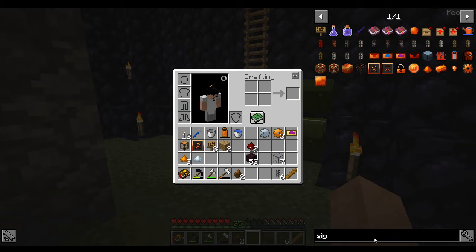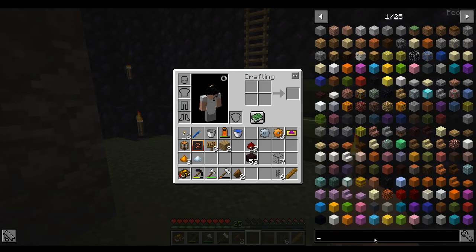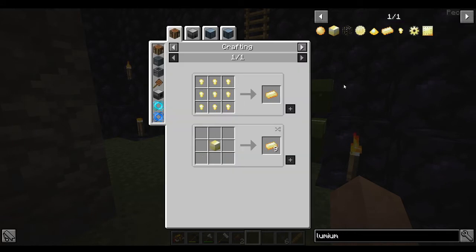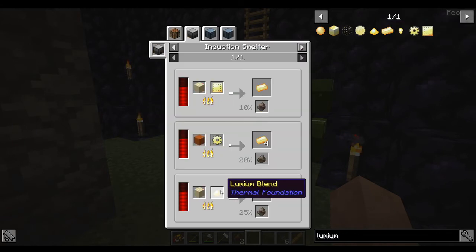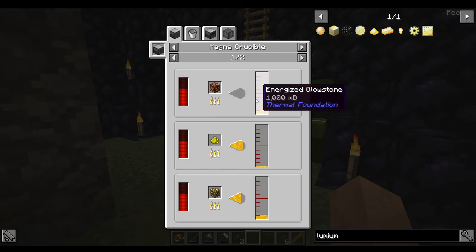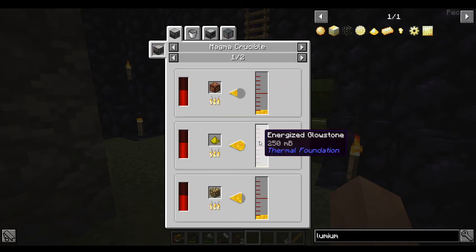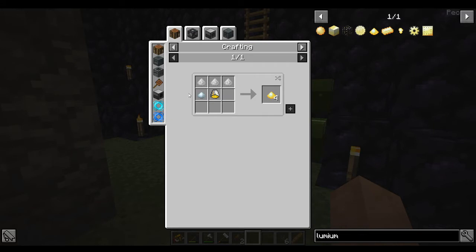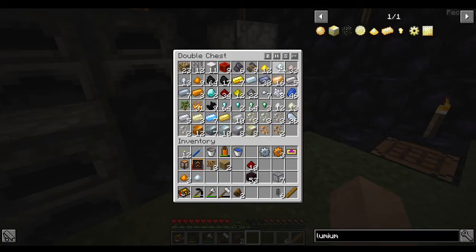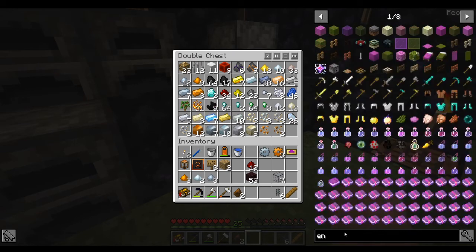Let's quickly take a look at lumium, because lumium is something that we need. I'm sure that we're going to need the blend for this as well. Lumium blend. So that's energized glowstone, which is, I believe, 10 glowstones. Oh, it's 4 glowstones, so that's really nice. 1 silver, 3 tin. So let's get 1 more silver, and let's get 3 tin. There we go. Now if we take a look at the enderium,